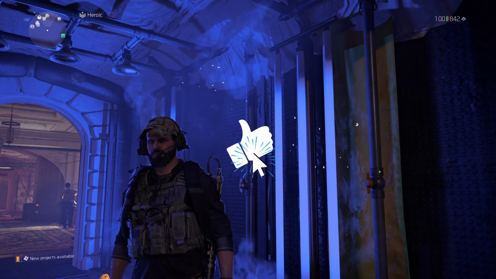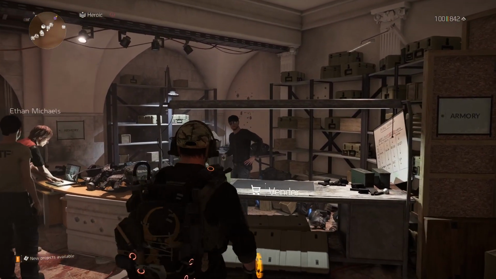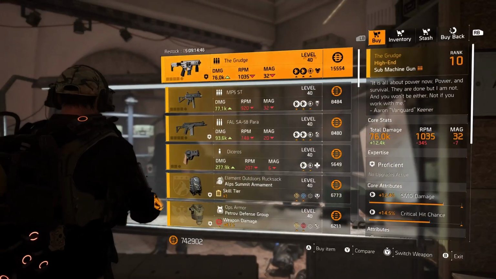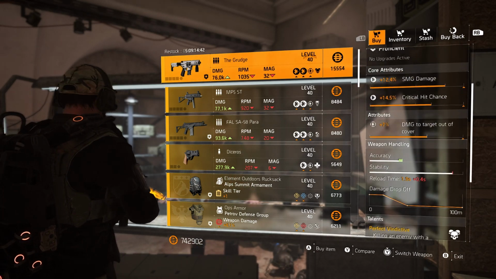We're gonna do a quick vendor reset for you guys. I also got Cassie Mendoza as well, so we could just do all the vendors plus her all in one go for everybody. So starting off with the vendor at the White House, got the Grudge, Perfect